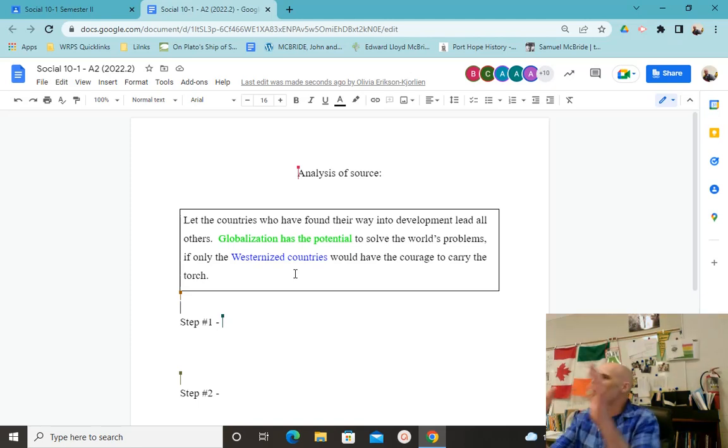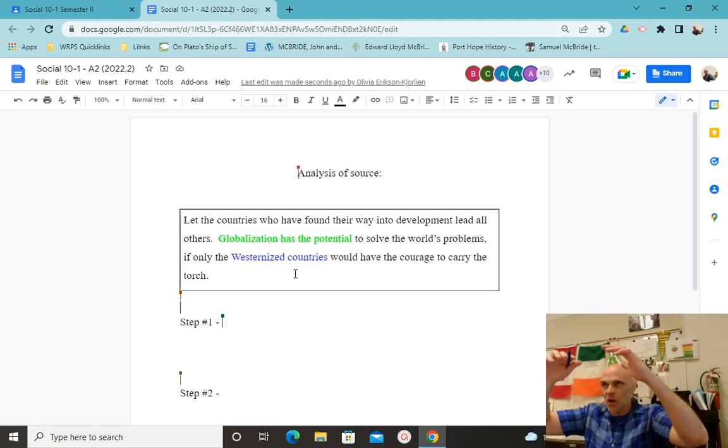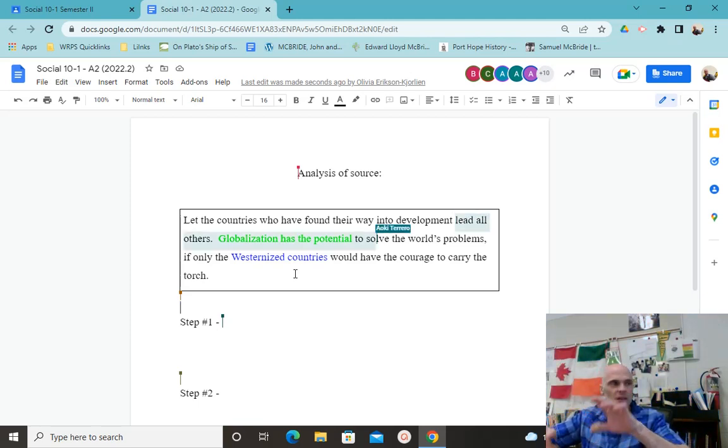So the first step is always to read it as one passage. Read the entirety of it just to get the theme. Second step is to go through it and try to highlight key terms. Now once we've done this work, we're going to go back and actually write down some stuff with the steps. So step one is to do what? What is the first thing we're meant to do?